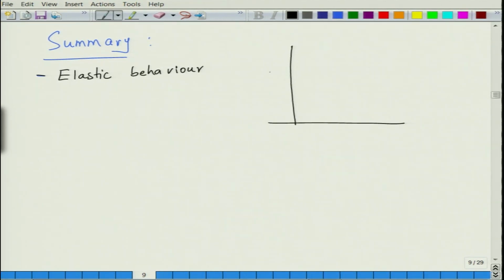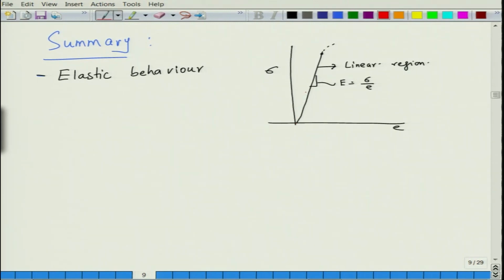Essentially, when you plot stress as a function of strain, there is a linear region before your nonlinearity starts. This linear region is obtained for most solids, especially crystalline solids, metals, ceramics, etc. This linear region will give you E, which is sigma divided by epsilon. There is a fundamental difference between the metals and ceramics that you will obtain.